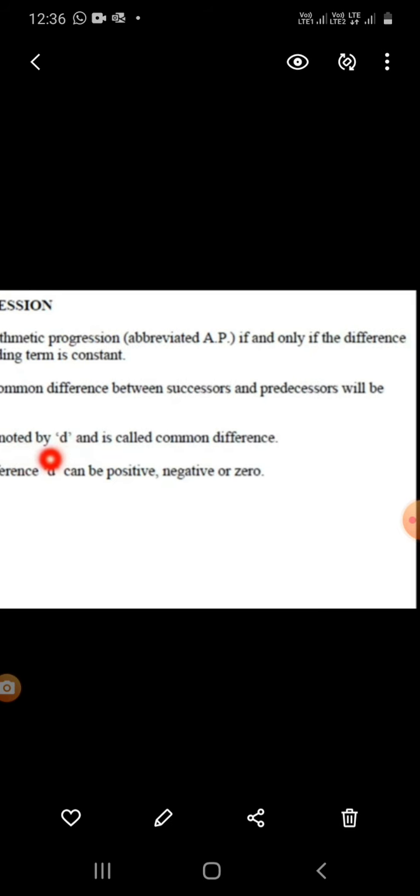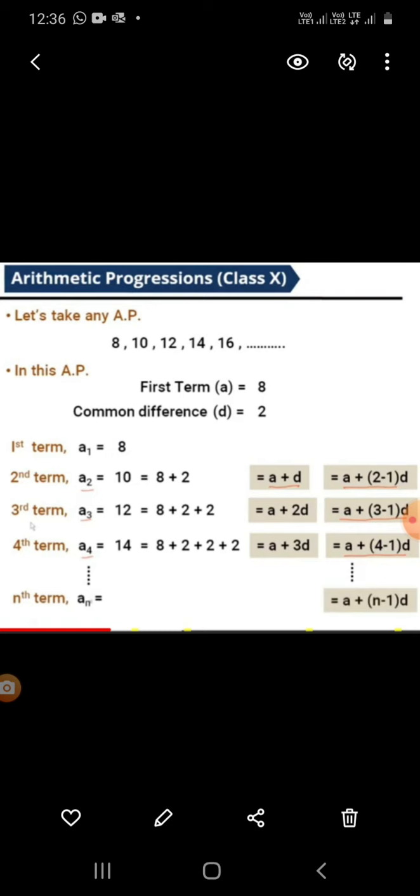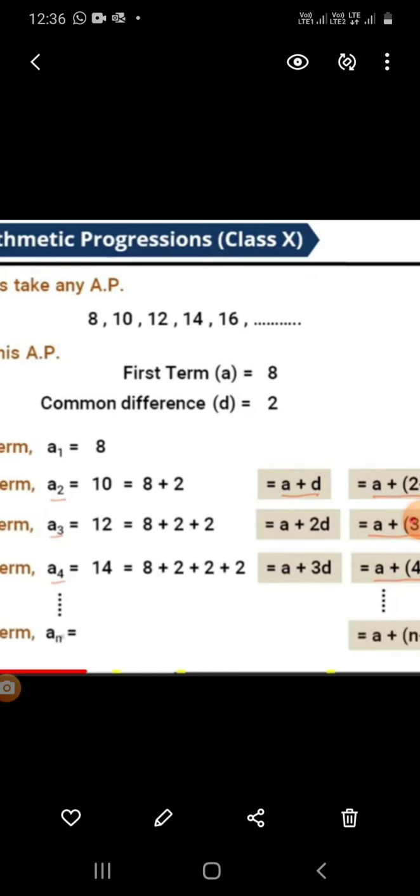I'll give one example for that. Okay, look at this. 8, 10, 12, 14, 16. The first term we call it as a, the second term 10, the third term 12, the fourth term 14, fifth term 16. The difference between these two consecutive numbers, the first term, the preceding number, we call it as